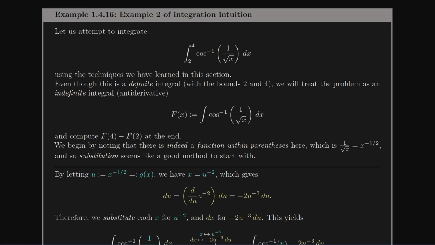Let's make our lives considerably harder. We didn't really need to give ourselves grace in the last problem. This problem is going to be considerably harder. So here we're going to look at the definite integral from 2 to 4, not that those numbers matter too terribly much, of inverse cosine of 1 over root x. So here we've got a composition